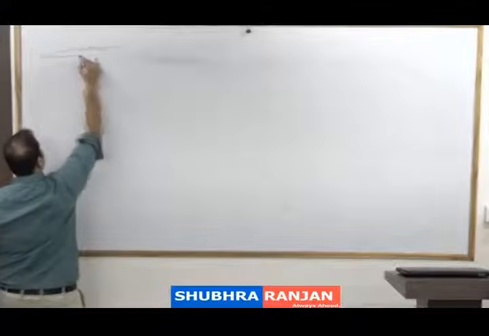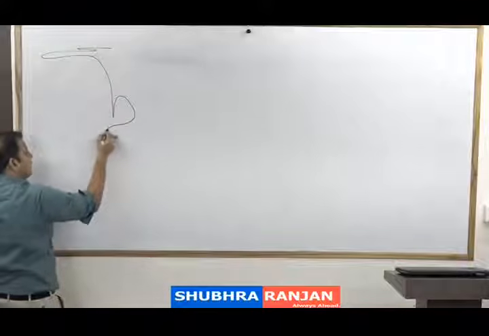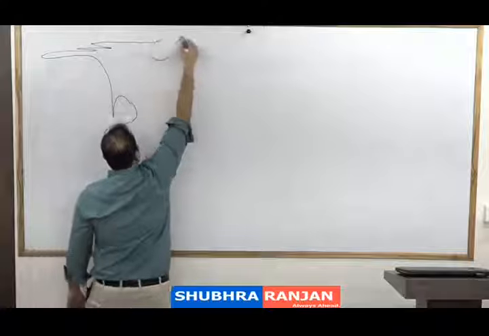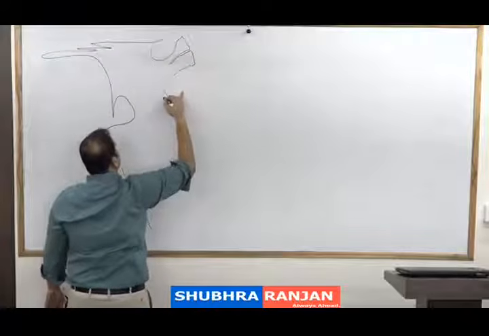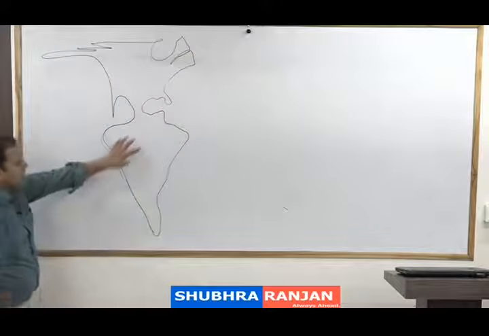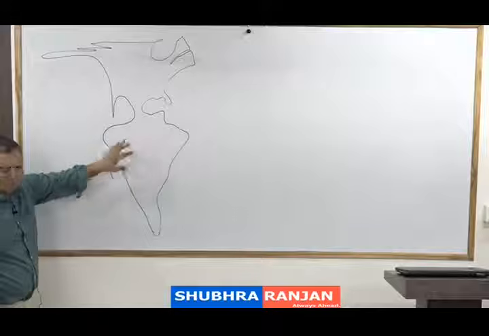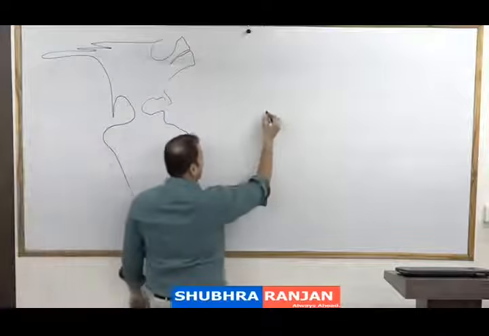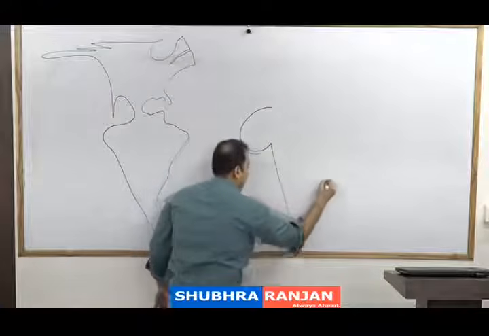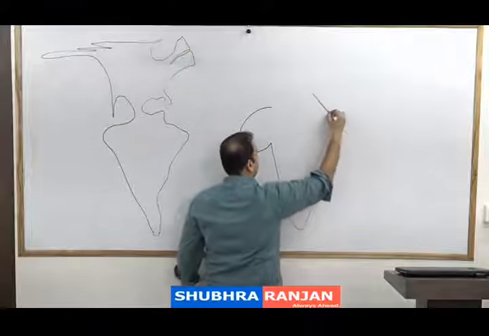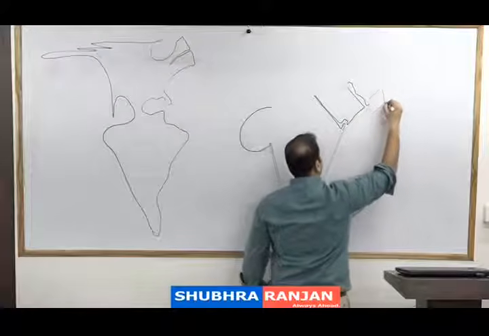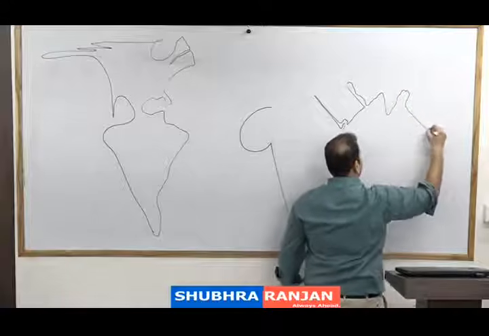First of all, there is North America. After that we have South America. So North America consists of Canada and USA, and South America consists of Brazil, Argentina. These are the major countries. Then after that, the other continent is Africa. After Africa we have Asia, and after Asia we have